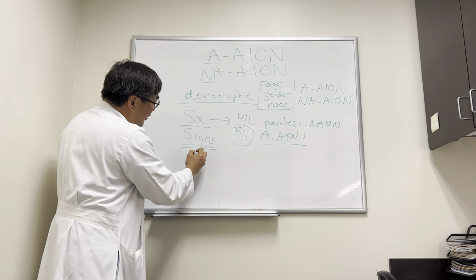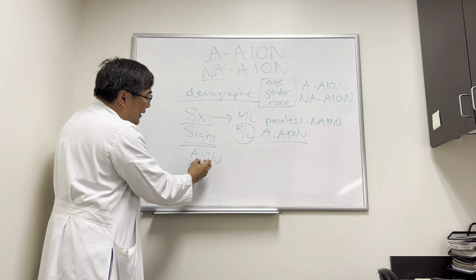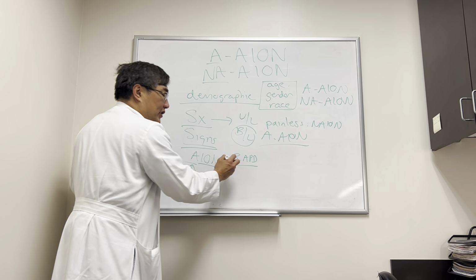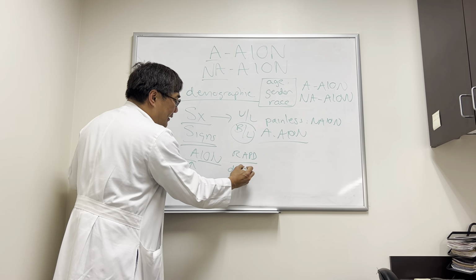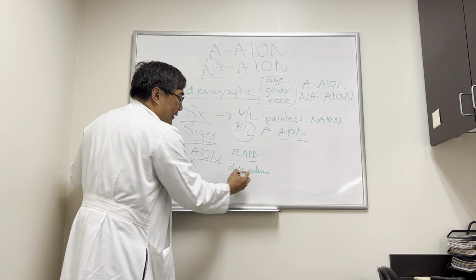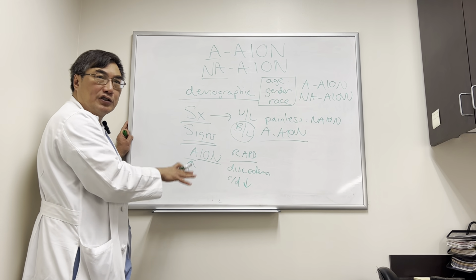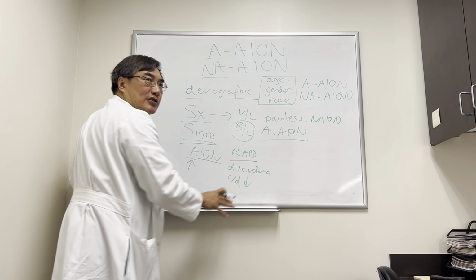The signs are the same in AION. The A means the disc is swollen. It's ischemic optic neuropathy, so there's going to be a relative afferent pupillary defect if it's unilateral or bilateral but asymmetric, and you're going to have disc edema. In NAION, the cup to disc ratio in the fellow eye is small, which is the structural disc at risk, and so if we see a big cup in the fellow eye, that's a big red flag that it's arteritic